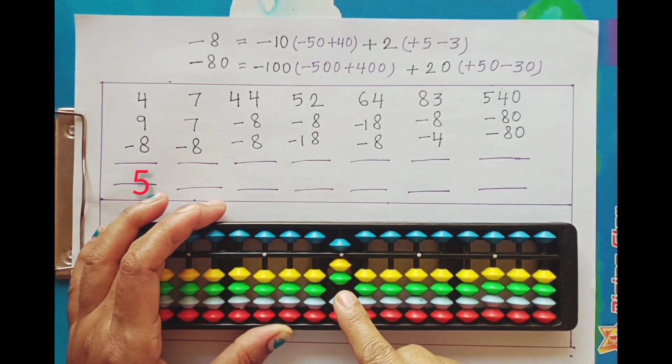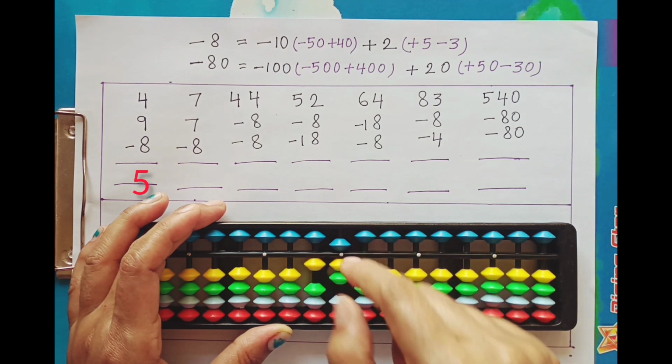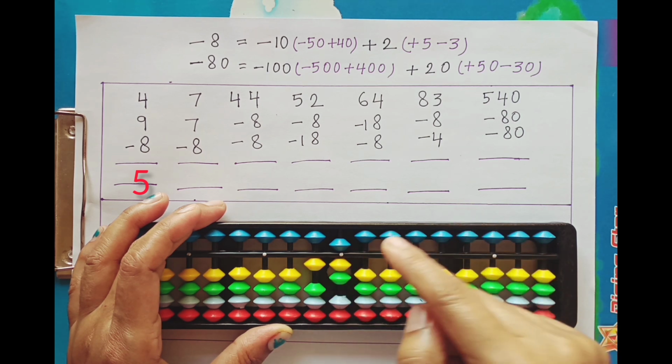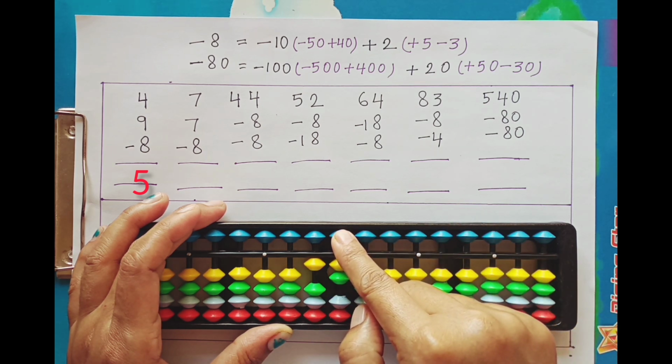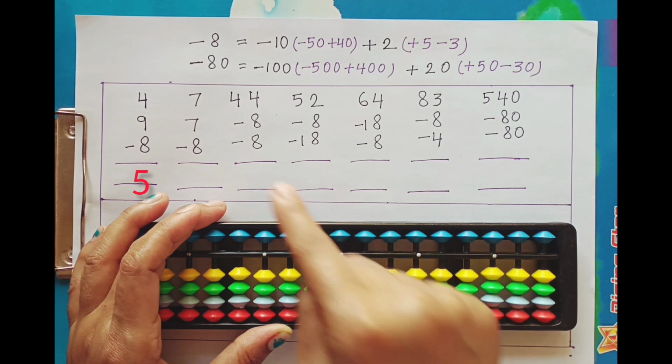7 plus 7. We cannot add 7 directly. To apply tens complements, we need to add a 10, subtract a 3. We can add a 10 but we cannot subtract a 3. To subtract a 3, we will apply a different formula. Subtract a 5, add a 2. That is the combined formula we have applied to add a 7.